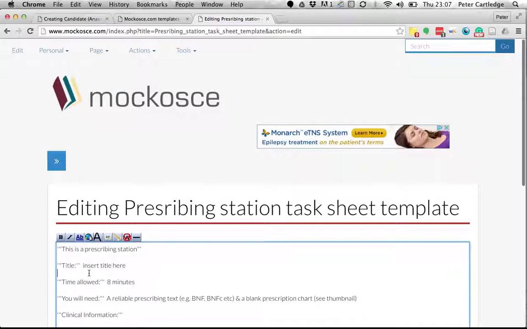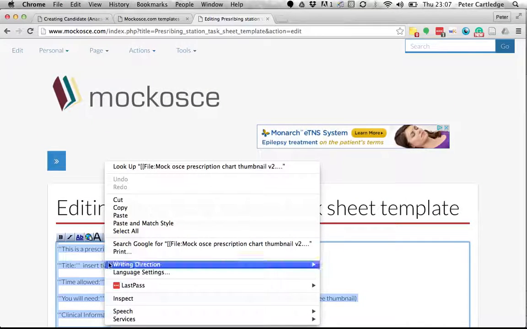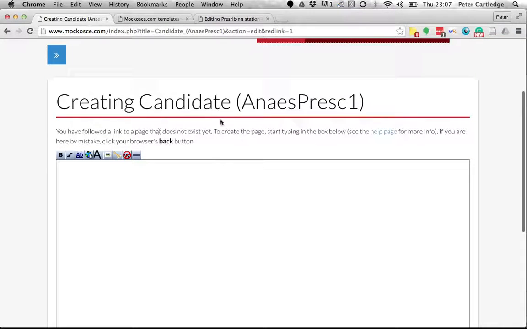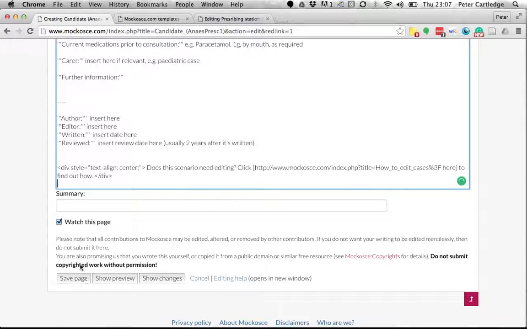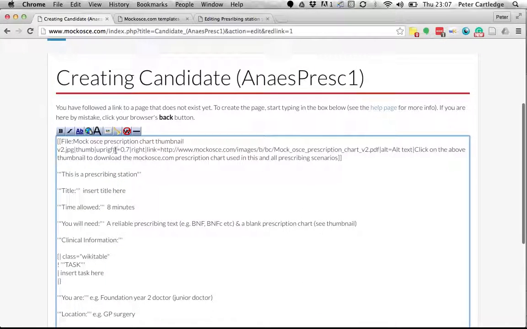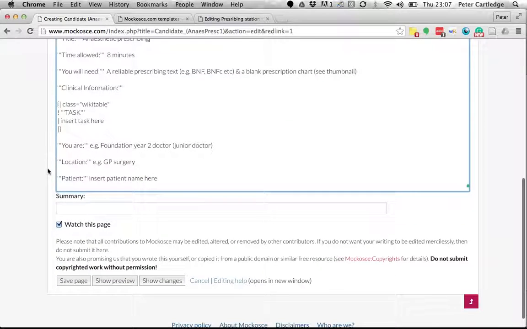So if you select all of that, right click, click on copy, go into your candidate page that you've created. So we're now in anaesthetic prescribing 1, paste that in, and like I say, all that code is already pre-written with links into the files that I've downloaded into the website. So nothing you need to do there. And we'll maybe give this a new title and just change all the text within it and write your case. Anaesthetic prescribing. When you then click save page, having taken that from the template,